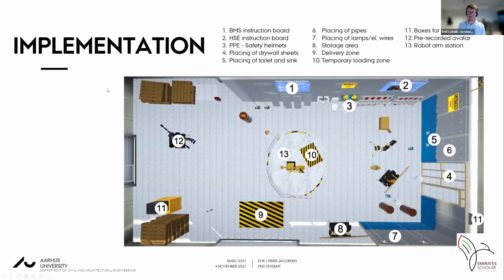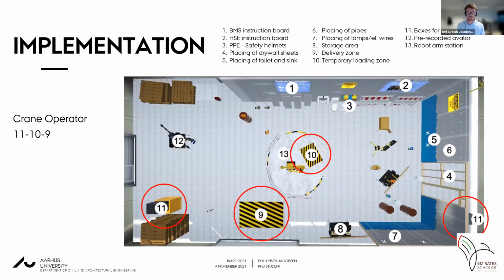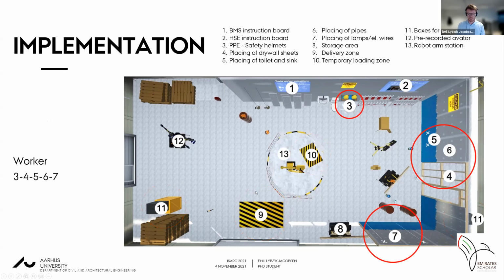For the different tasks, we look at the crane operator first. The crane operator needs to move 4 boxes into the zone stated as 9 here. Because they need to be put in the same order as they are currently, we have also made a temporary loading zone. So the crane operator can move a box to this loading zone before it moves to number 9. For the worker,